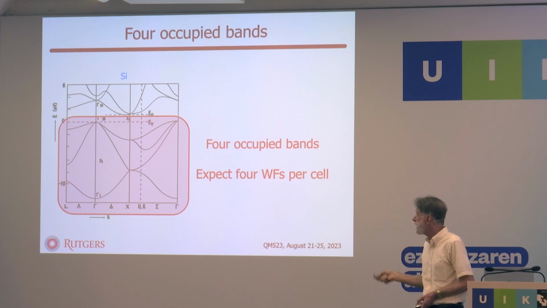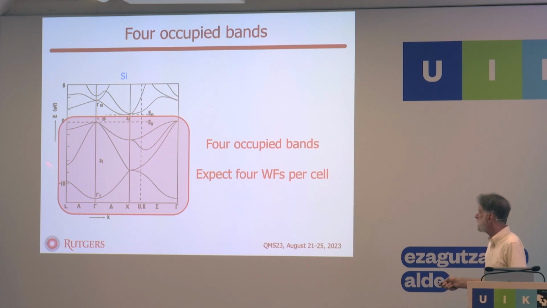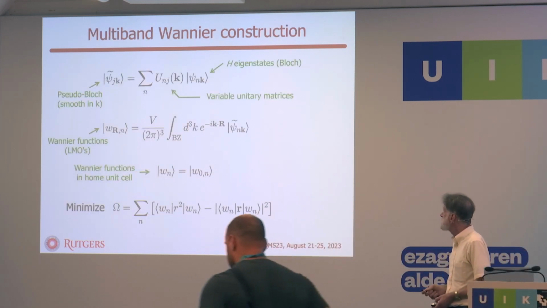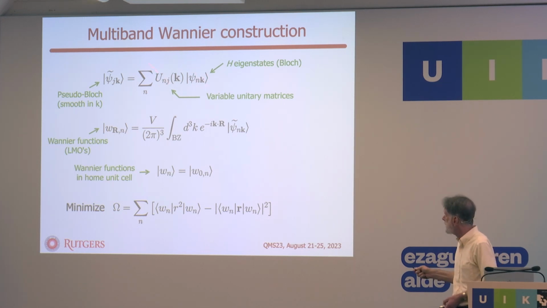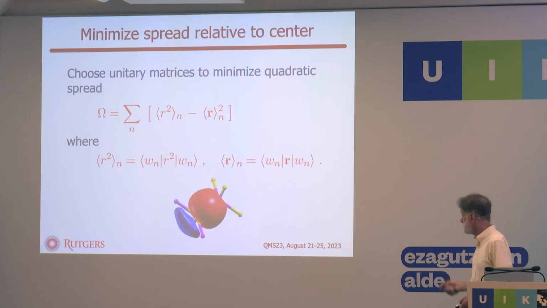Okay, so here's the band structure of silicon. There are 4 occupied valence bands. Here it looks like there are 3, but along a branch it's degenerate. And what we want to do is construct 4 Wannier functions per unit cell, which span exactly the same subspace of the Hilbert space as is spanned by these Bloch functions. And so we go through this procedure. We have our 4 occupied states. I'll tell you in a moment how we make a first guess of these unitary matrices, and we go through this procedure, and we minimize with respect to the unitary matrices, and we get,